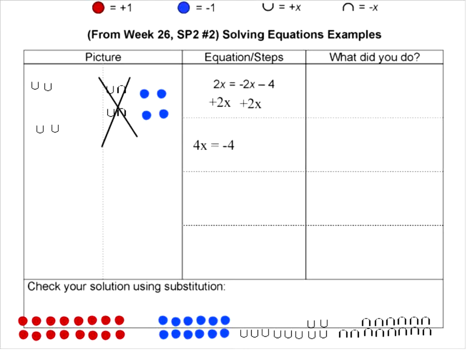So let's have the same starting equation. I'm going to remove this. Okay, and I'm going to put these guys back so we have the same starting equation. Okay, now Pat, you said that you would add 2 cups to both sides. Oh, I did too many. Okay. Add 2 positive cups